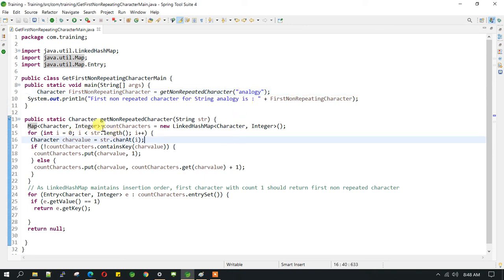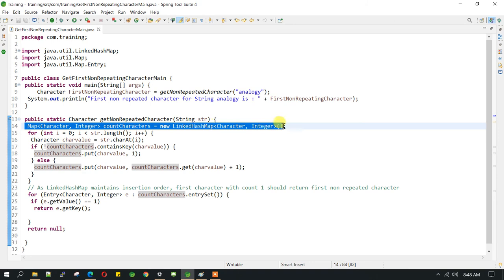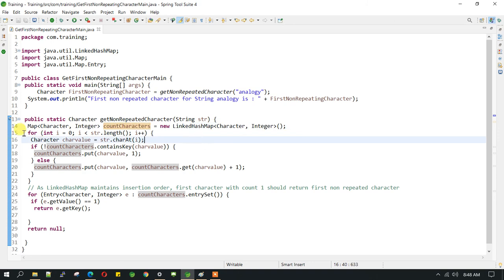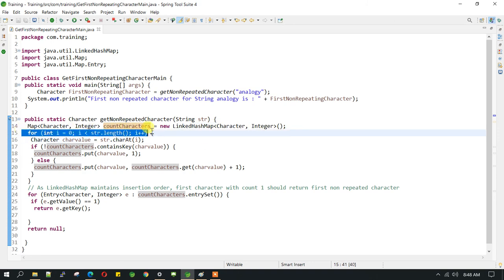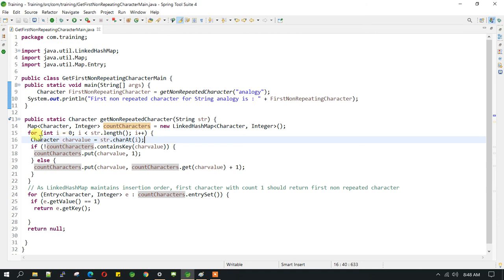Okay friends, once we initialize this map, we need to loop through this string character by character, and find the value at each index, like i is equal to 0, i is equal to 1, and so on.